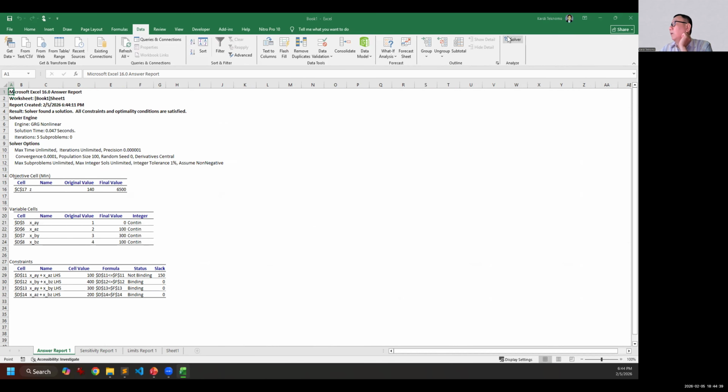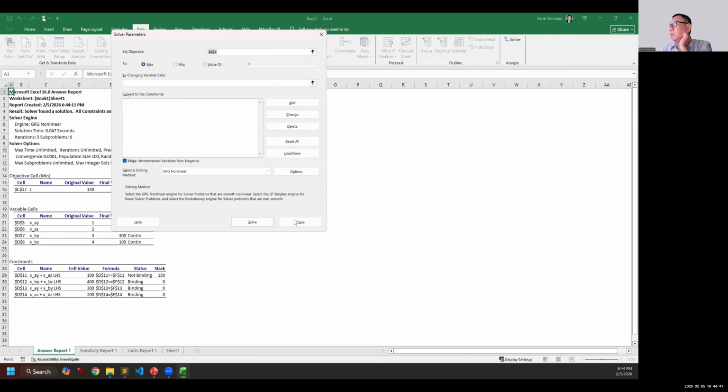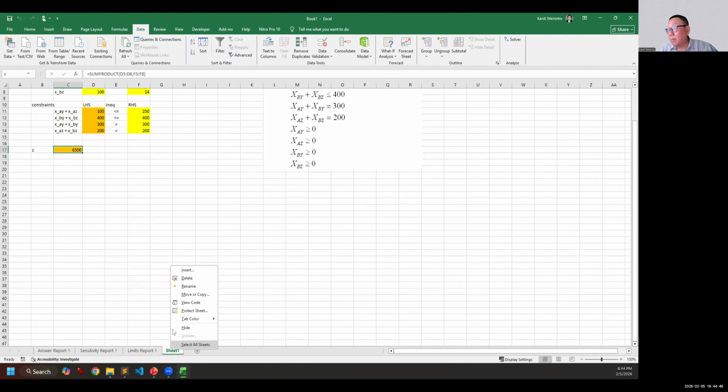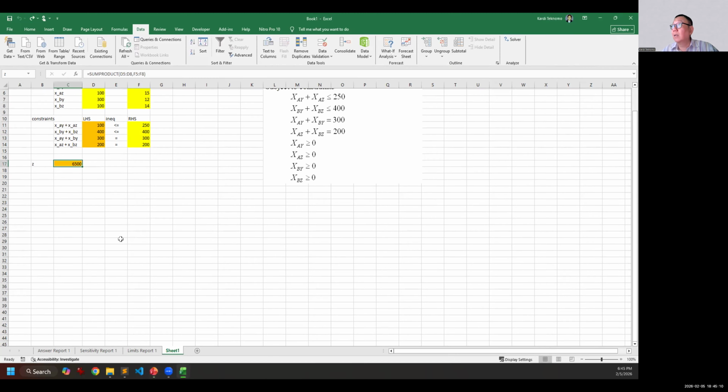So if you don't want those reports, you just get the data. I will rename this as data. Rename. Okay. But what happened? Why this one? Oh, I will get the Z 6500. Is that correct? Yes.